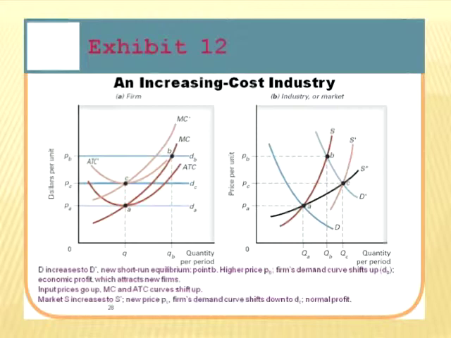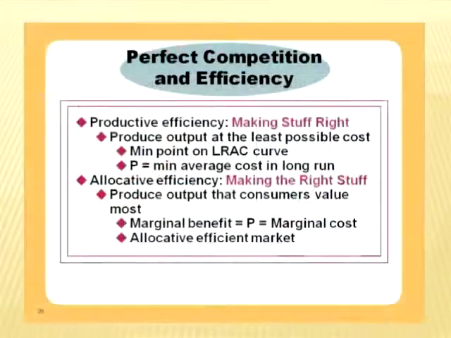This is an increasing cost industry. It's an industry in which, as we expand, the cost basis goes up, and that would happen any time that we have a particular resource which as we expand becomes sort of a bottleneck or causes us problems in terms of our expansion. It costs us more in terms of our expansion. That could happen if we had laborers who had specific skills or special skills that were necessary, or if we had a particular resource that was necessary in order to produce this particular good or service.